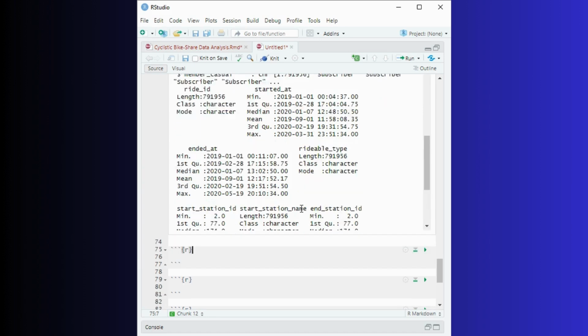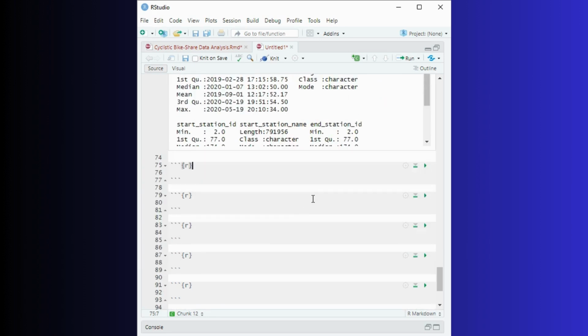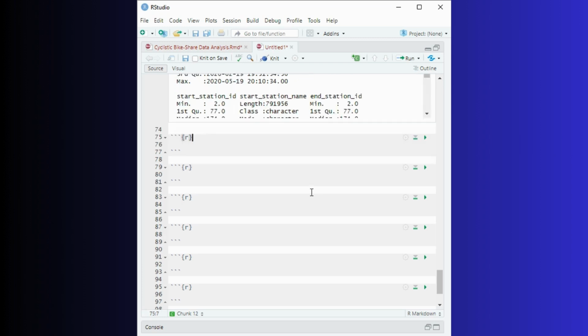So the other issue we need to fix is that the data can only be aggregated at the ride level, which is too granular. We will want to add some additional columns of data such as day and month that provide additional opportunities to aggregate the data. And yeah, so the third issue will be